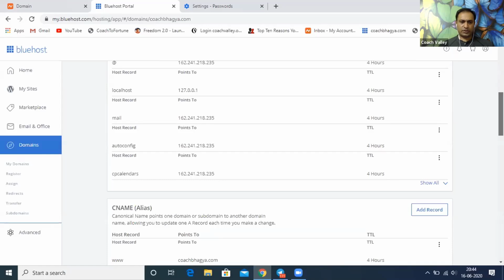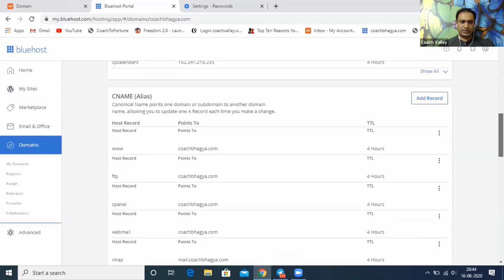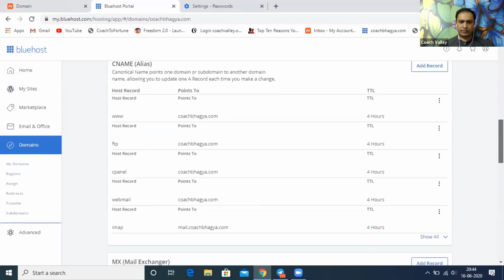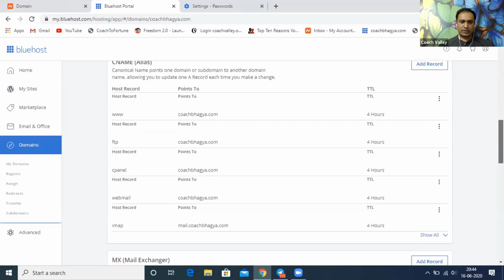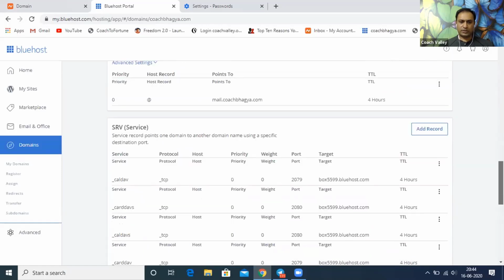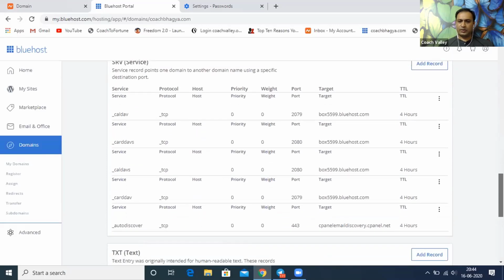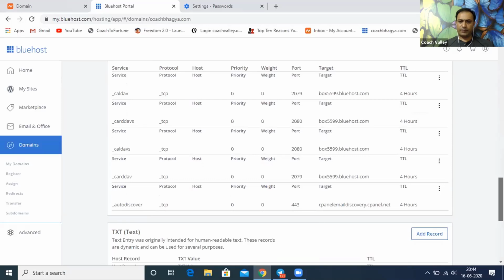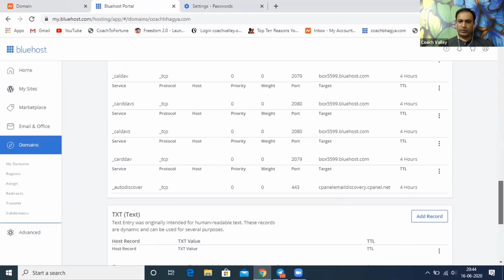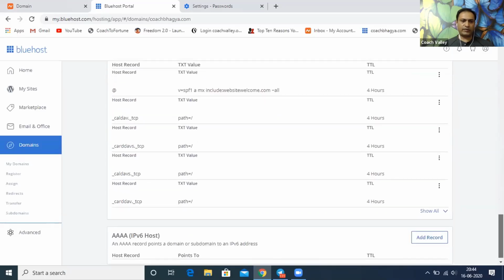Okay. So the host records and all these things, mail is also created, everything is done. CNAME, TTL. Okay, cool. Come down, like scroll down a bit. Okay, I think more or less everything is set up. I think once you have your hosting, when you're doing that form filling and when you come to the stage, this is all done. Okay, cool. I think this is all fine.